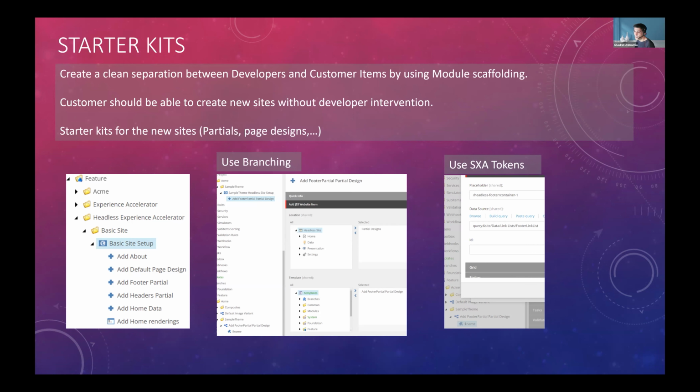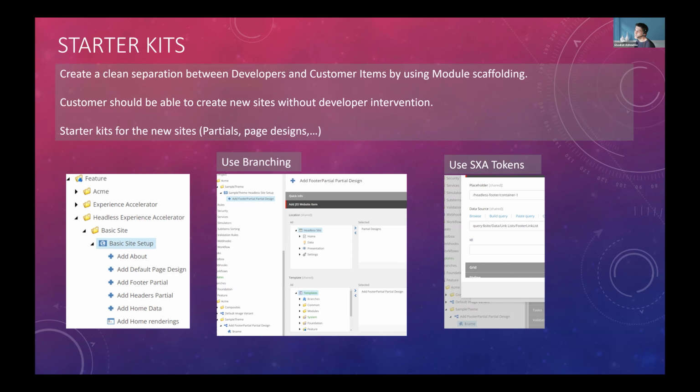Sitecore out of the box has an example, which is this basic site setup that you are seeing in here, and it will create, for example, the partial designs with a few sample pages for you.